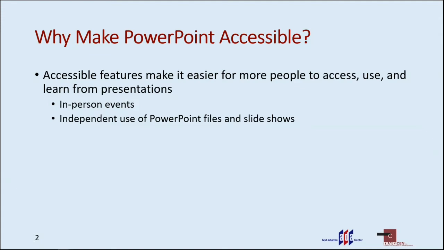Some of the features that we're going to be talking about today are related to visibility and legibility, how easy it is to look at your slides, to read them, to tell what's on them. While other features are more behind the scenes, features that may only be relevant for presentations that would be directly used by individuals with disabilities, which could include anything from sharing your presentation with a colleague who has a disability to placing it online for independent use by the public.